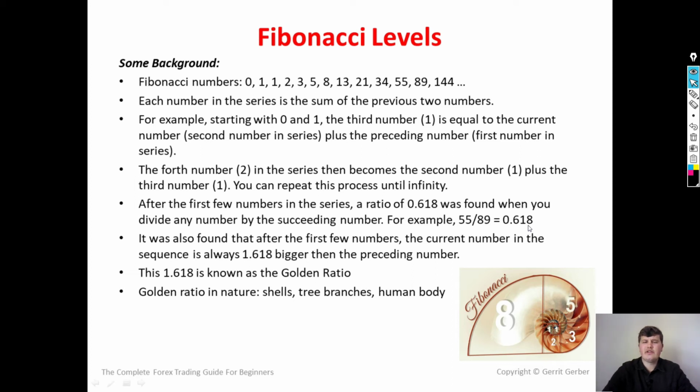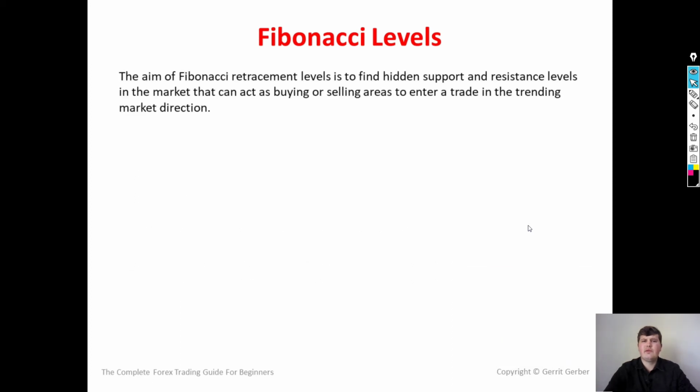Now, we are going to translate these Fibonacci levels and the golden ratio into the Forex markets. And the aim of Fibonacci retracement levels is to find hidden support and resistance levels in the market that can act as buying or selling areas to enter a trade in the trending market direction. So when you draw your Fibonacci levels in the market, all of these different Fibonacci levels can act as either support or resistance levels for price to possibly react to, and then either continue in the trending market direction or